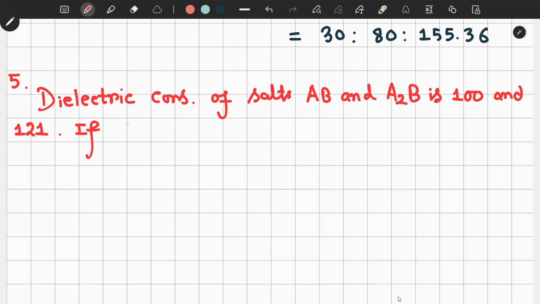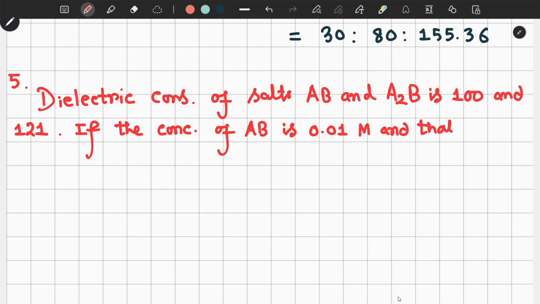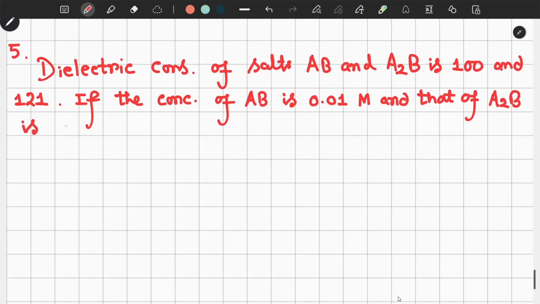If the concentration of AB is 0.01 molar and that of A2B is 0.02 molar,